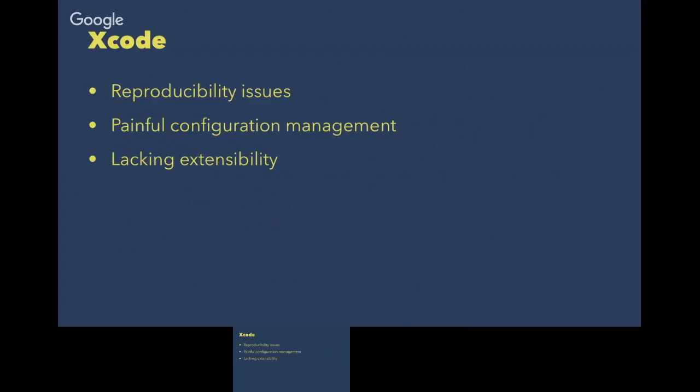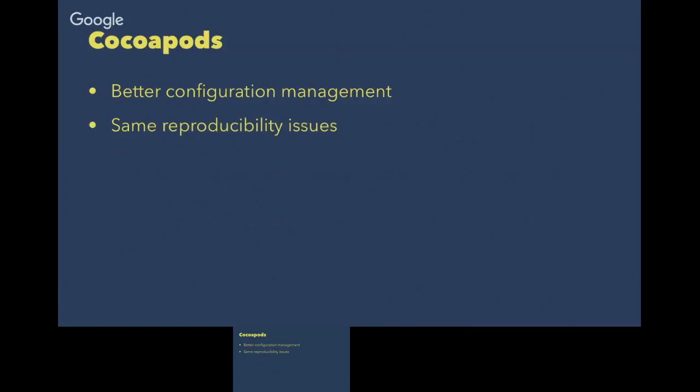Then the next thing we said is, our third parties are managed with CocoaPods, so let's see if we can start to make our frameworks with CocoaPods, which has better configuration management. You can script all the configuration changes with Ruby. But it generates an Xcode project that had the same reproducibility issues, so we wouldn't get any of the wins